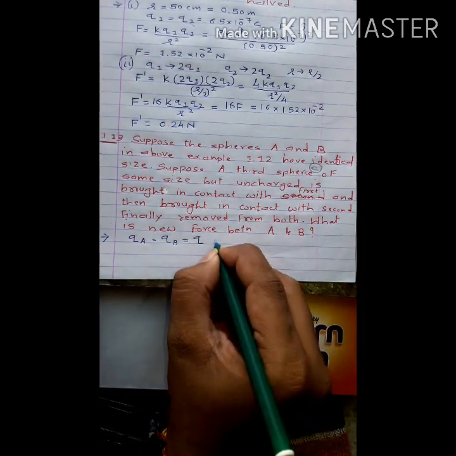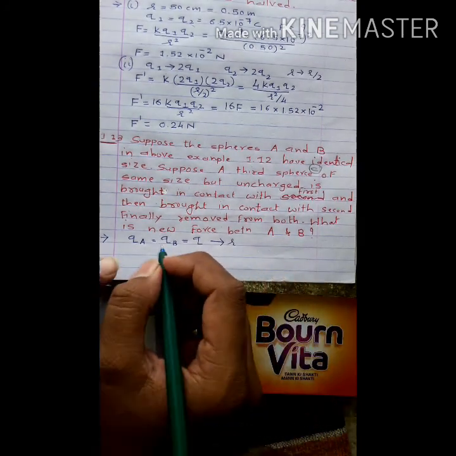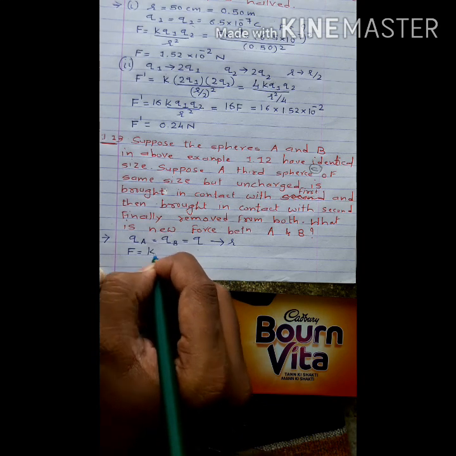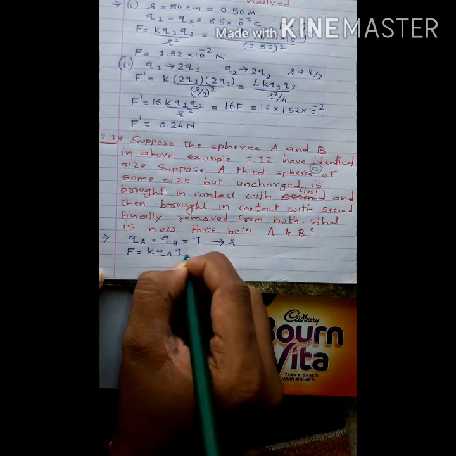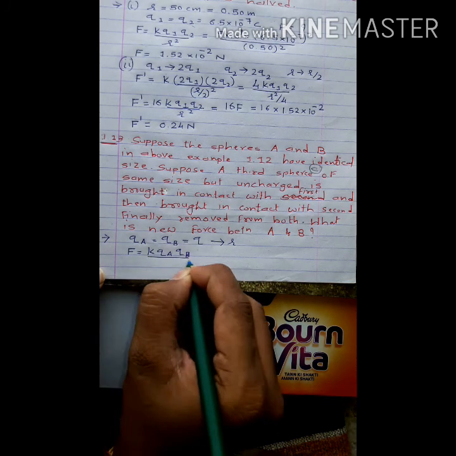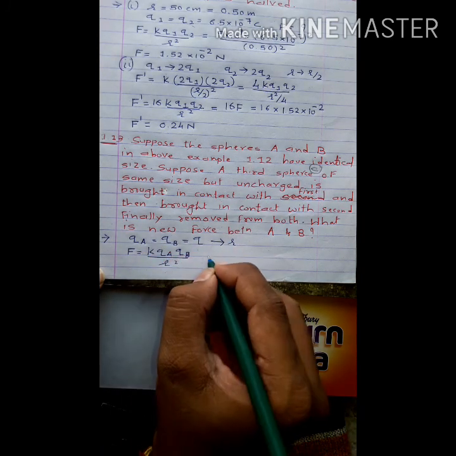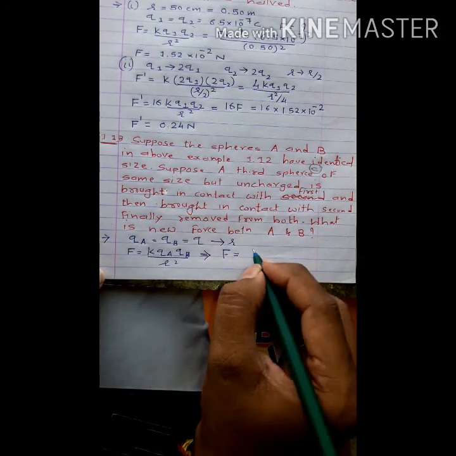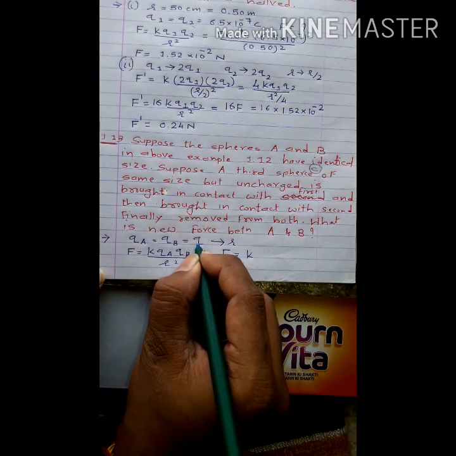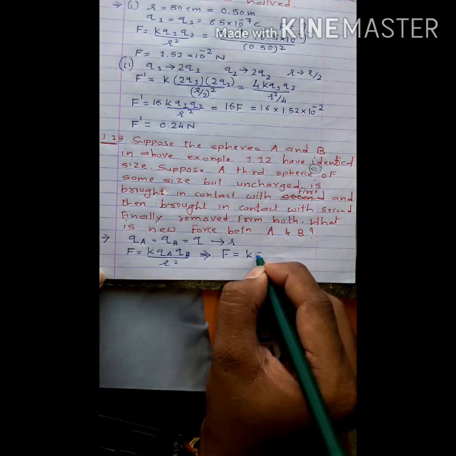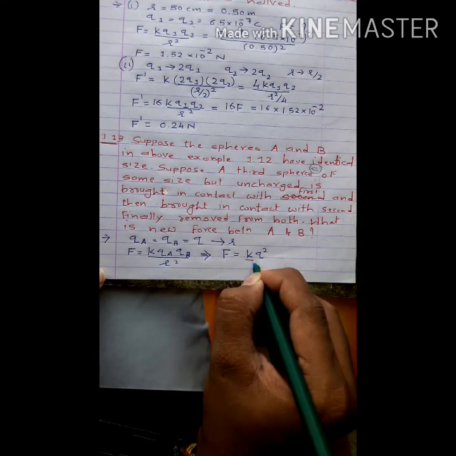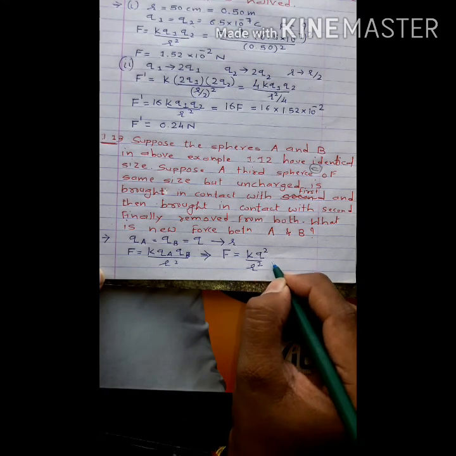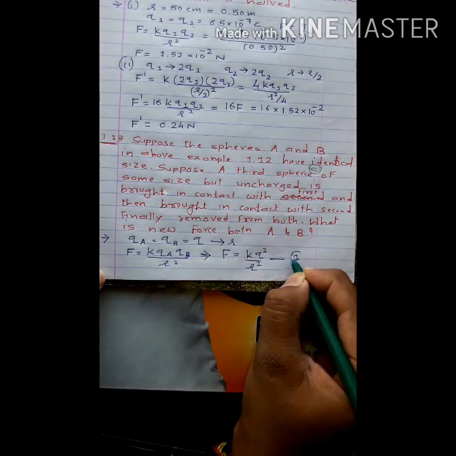Okay, and the distance between them is, suppose, R. So here, according to Coulomb's law, we have the equation of force F equals K QA into QB divided by R square. But QA and QB are both equal, so we can write this equation as first force F equals K. Instead of QA we use Q and instead of QB we use Q, so it becomes Q into Q, Q square. So first force F equals K Q square upon R square. This is our equation number 1.